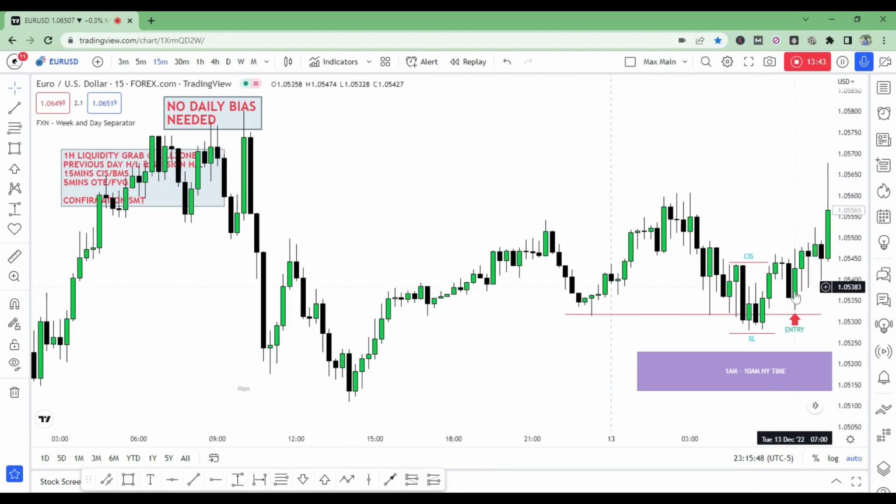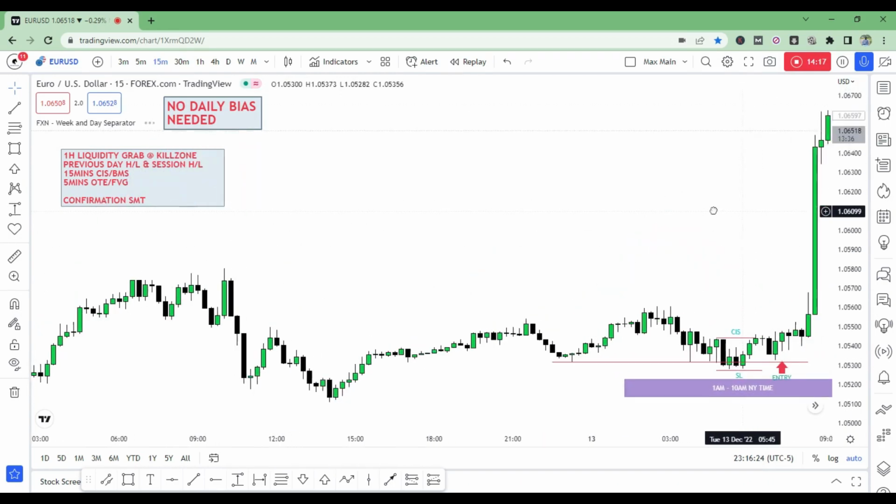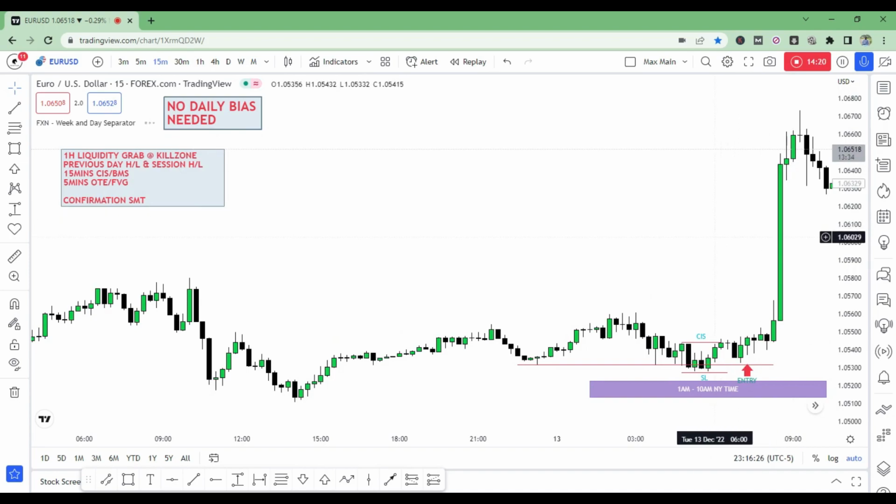At 7 a.m., we can see that the market had already grabbed liquidity and it was already changing state of delivery. Once this large bodied candle, which is now our order block, was taken out here, this becomes the change in state of delivery in the 15 minutes. I can also see there's an imbalance right there where the market might have used, and also another order block right down here. The market dug deeper into this order block, and essentially that's where the price action began. We see how the market aggressively ran away from that liquidity.